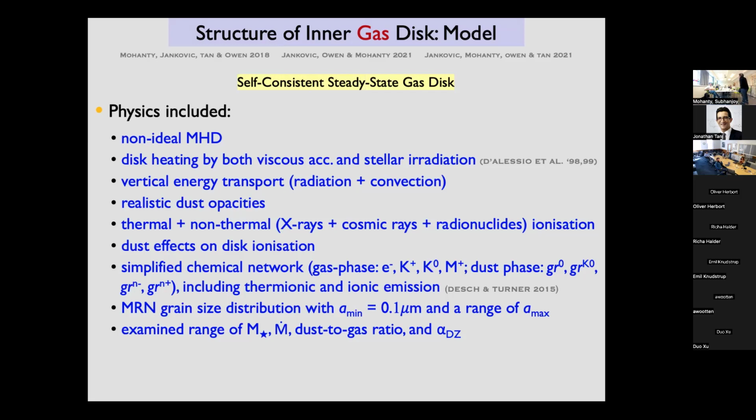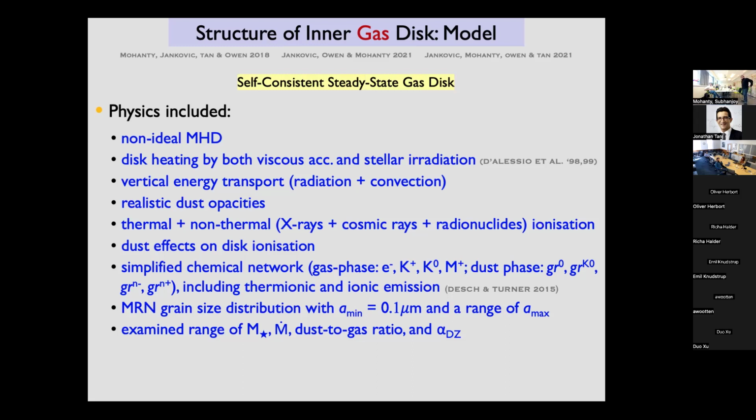Okay, and we're going to simplify the problem to start with, and we're going to look at this when the accretion rate is a constant. In other words, the disk is steady state. Okay, so that's an approximation. It's not true. The inner disk is not actually in steady state, but we're going to start with it. So we included a lot of physics in here: non-ideal MHD, disk heating by viscous accretion, stellar irradiation, radiation and convection, dust opacities, all kinds of effects in ionization from X-rays, cosmic rays,